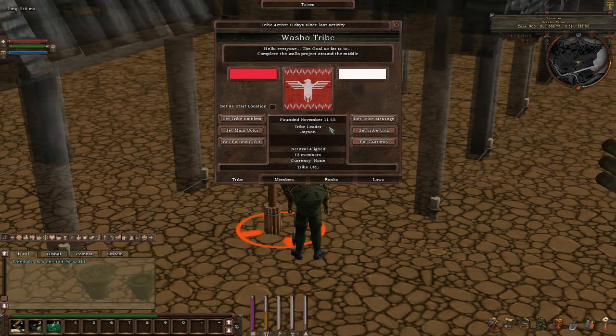Says tribe leader Jason. We had a few issues with this, and this is only temporary. In order to upgrade your totem, I'll quickly explain. The way that you upgrade your totem to the next size is you have to disband first, have all the players online at the same time,